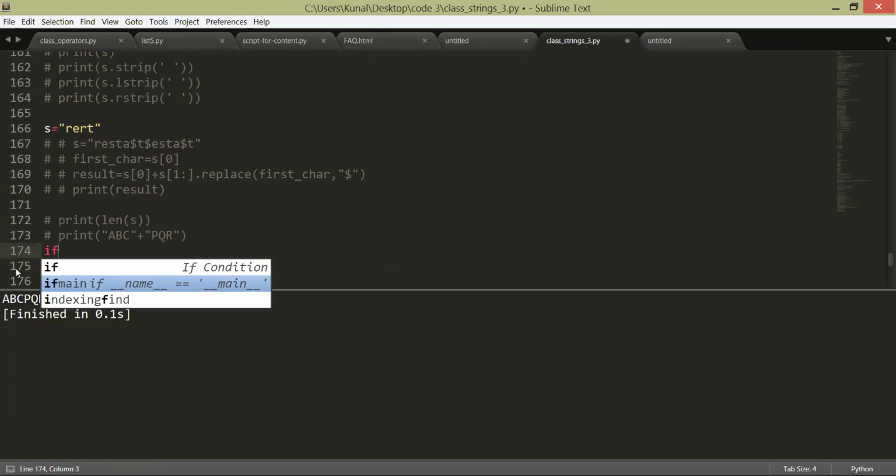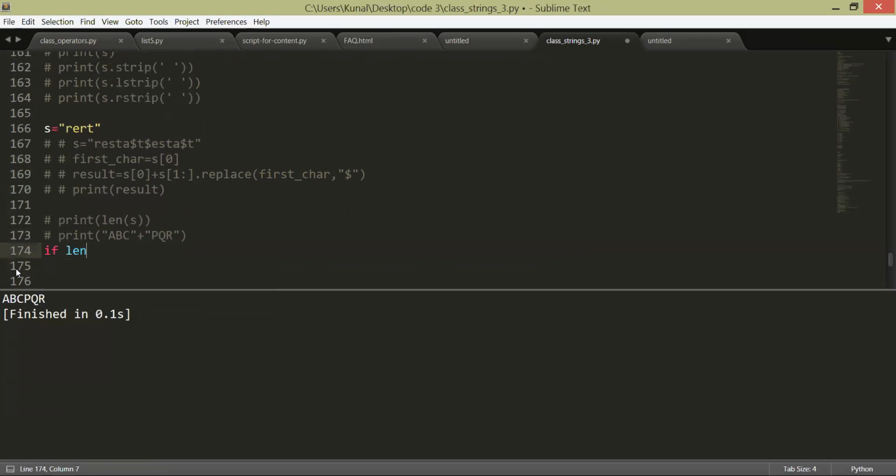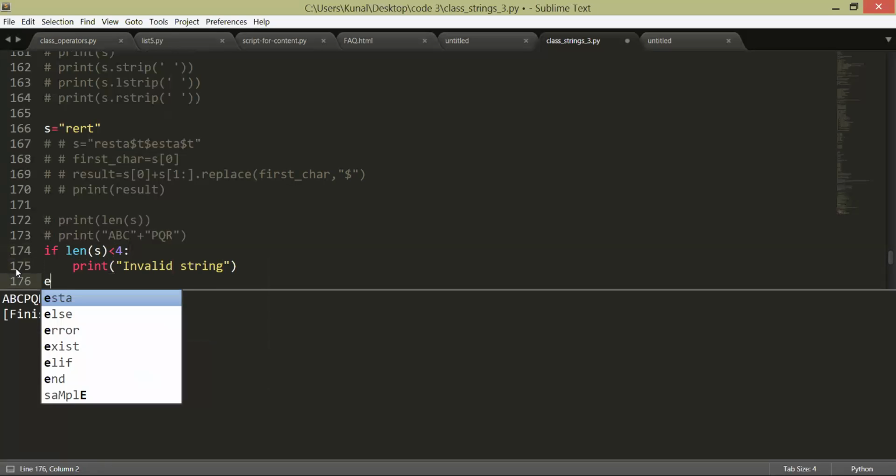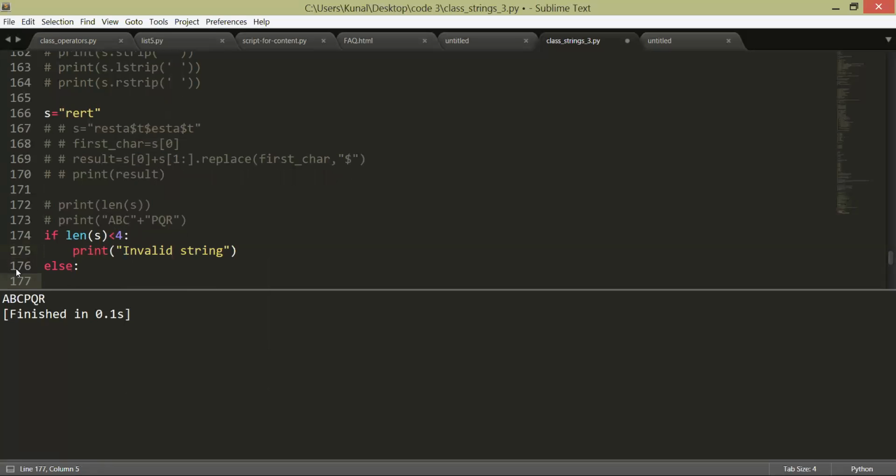Alright, I'm putting that check: if len of this s is less than 4. Now it's okay. Yes, your result will be equal to